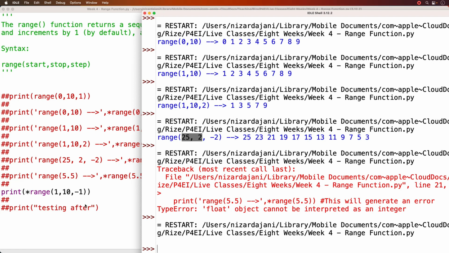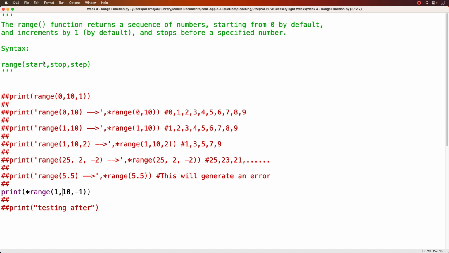Now the reason is because if we look at this and try to understand it based on what we've learned and based on the arguments, this is going to hold a sequence of numbers that starts at 1 and then stops at 10. But we're going in the -1 direction. So -1 meaning that we're going to go backwards,